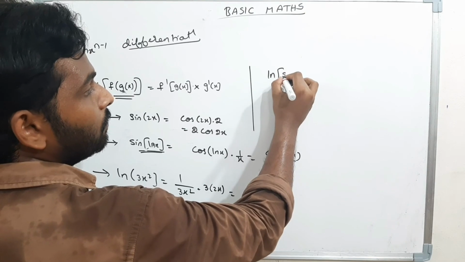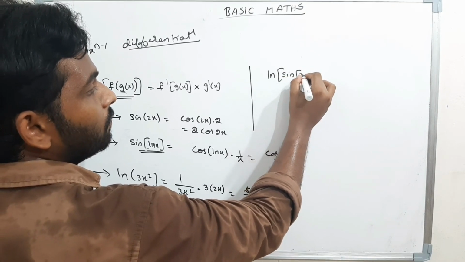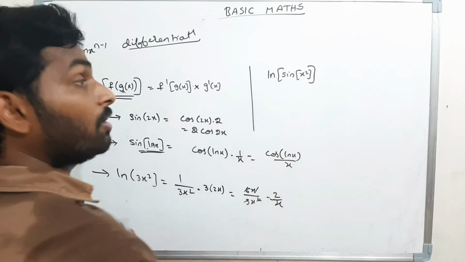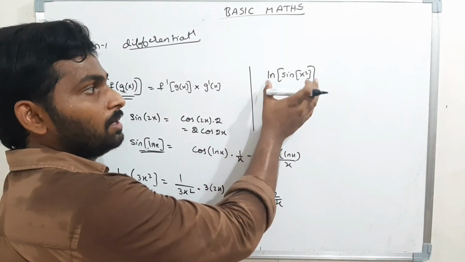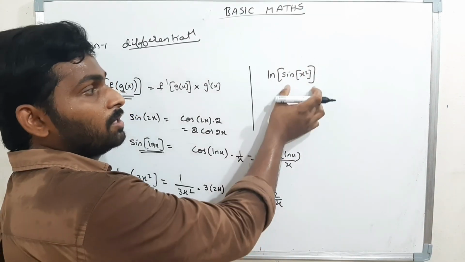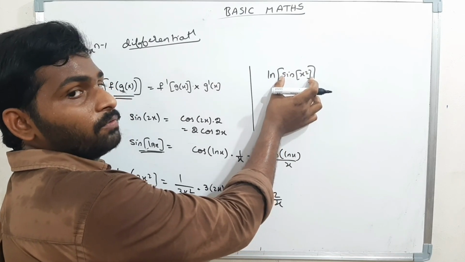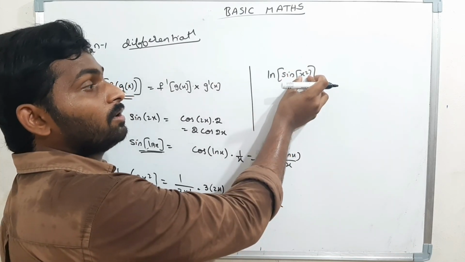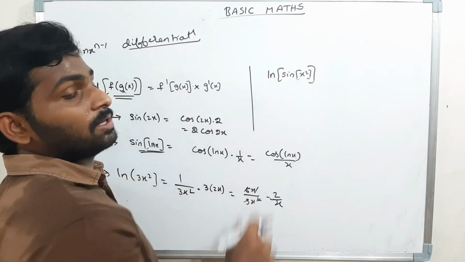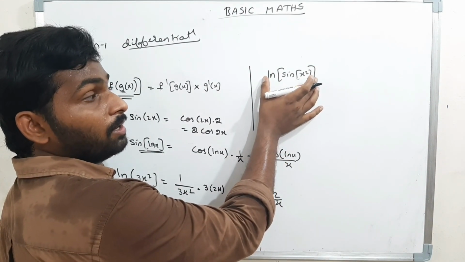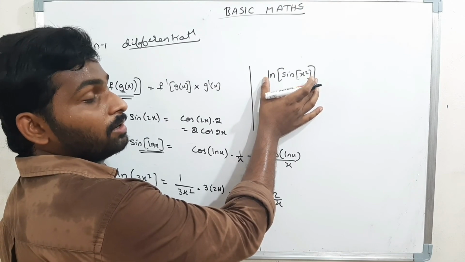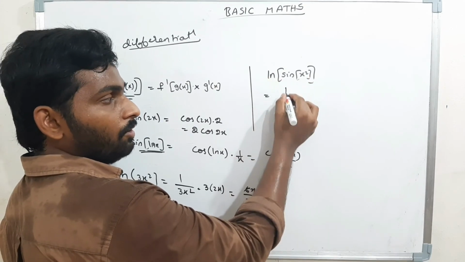Ln of sin of x square. Now what is the answer for this? There are three functions. Ln itself is a big function. Inside that ln there is sin x square, one more function. Inside that sin there is x square, one more function. That means three functions are there. Now what to do? First of all, I should do the differentiation for the bigger function, that is ln of sin x square. What is that? 1 by